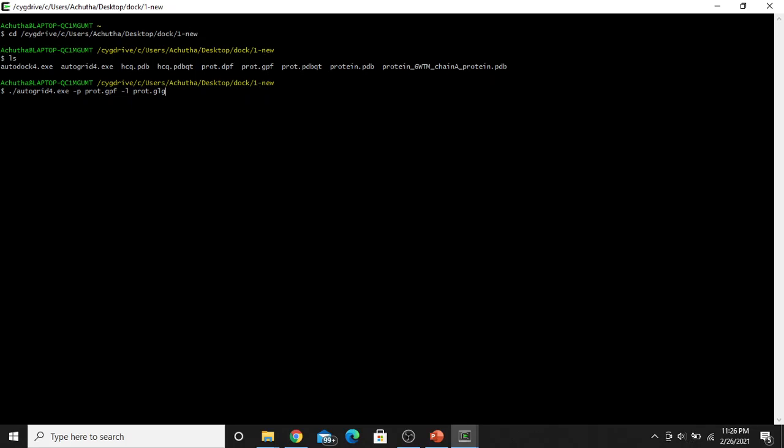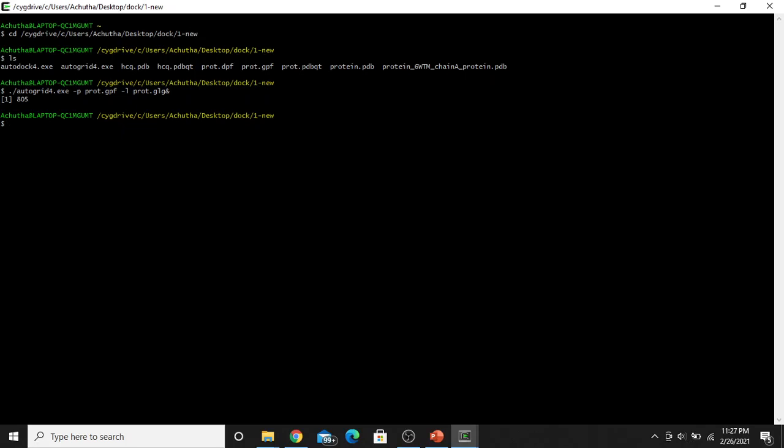The command is dot slash autogrid4.exe, space, hyphen p, space, prod.gpf or the name of your gpf file, space, minus l, space, prod.glg, and then click enter.